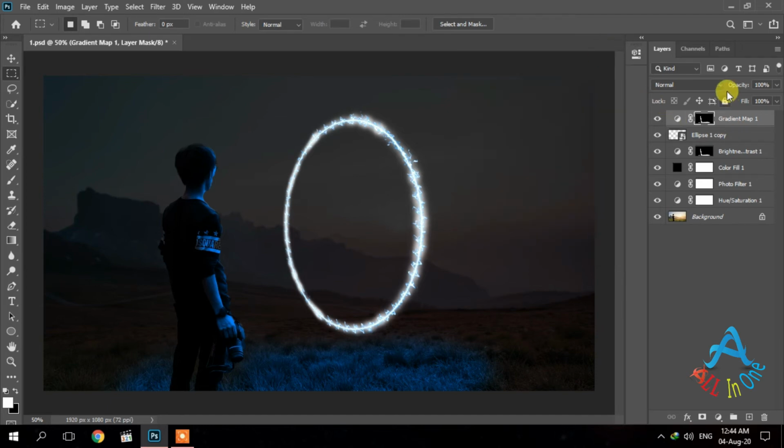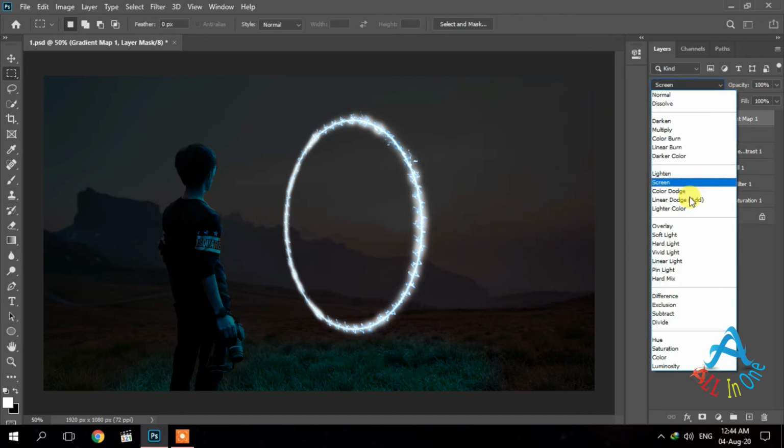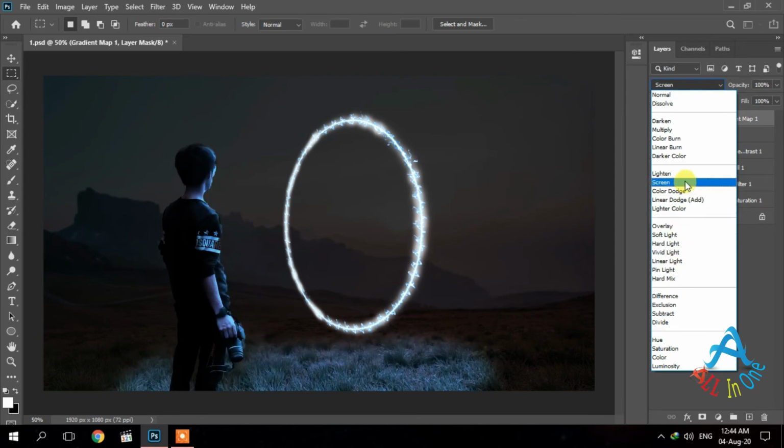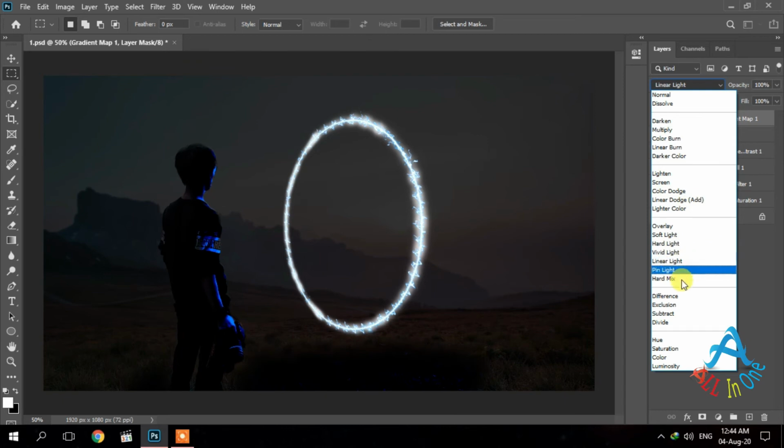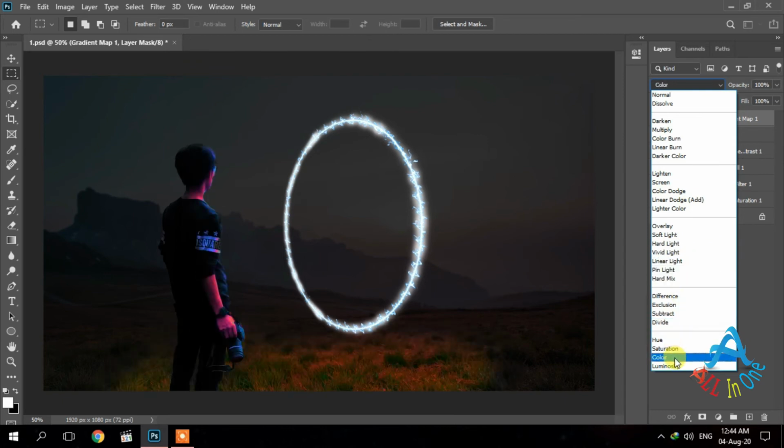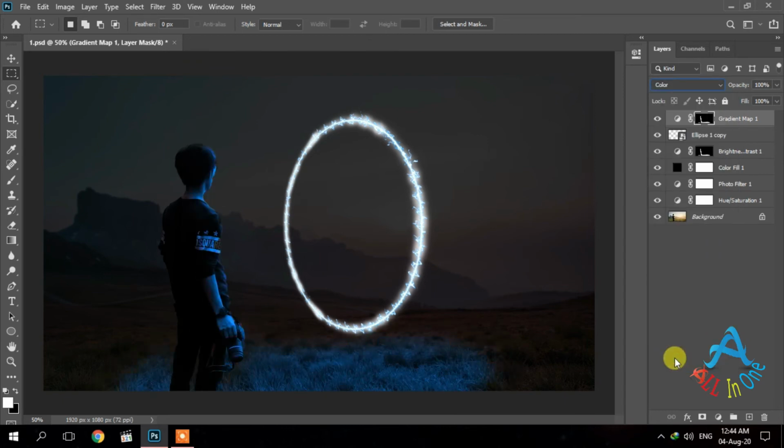Change the blending mode to color. And change the layer opacity to 60%.